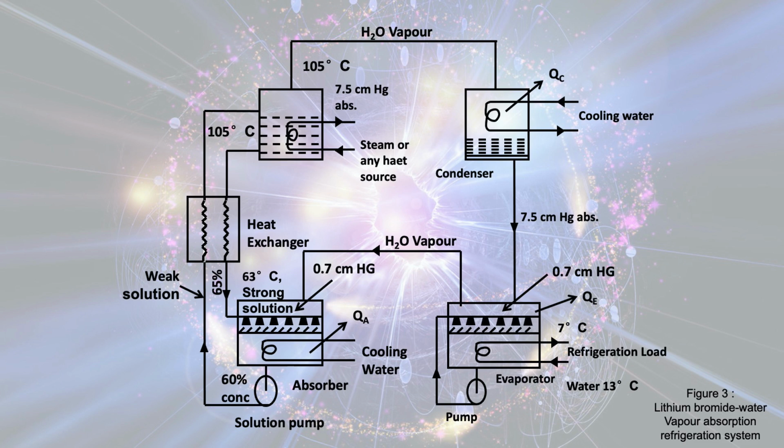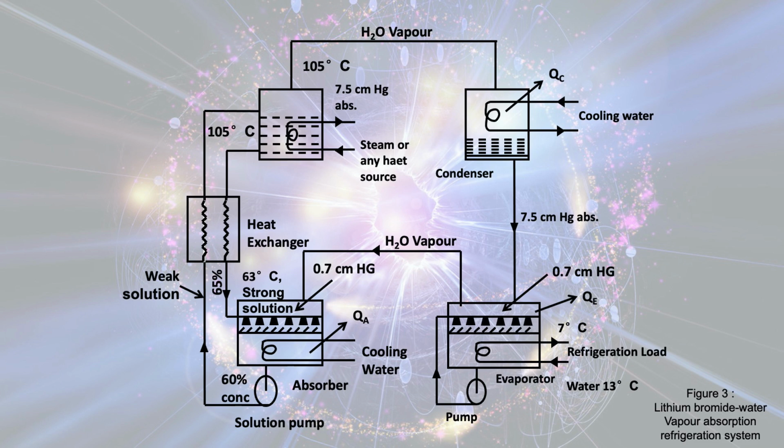In this process, when the refrigerant is heated in the generator at a temperature more than 100 degrees centigrade, say 105 degrees centigrade, the water vapor comes out from the generator and enters into the condenser,